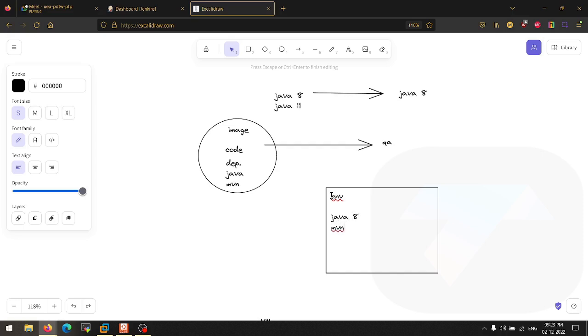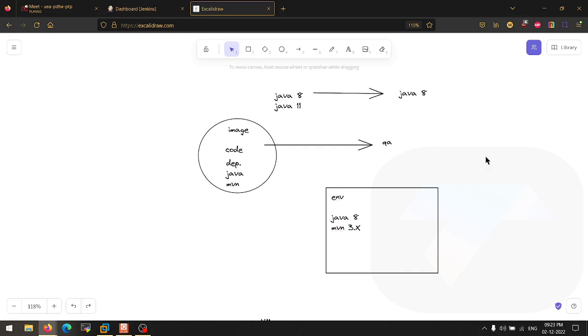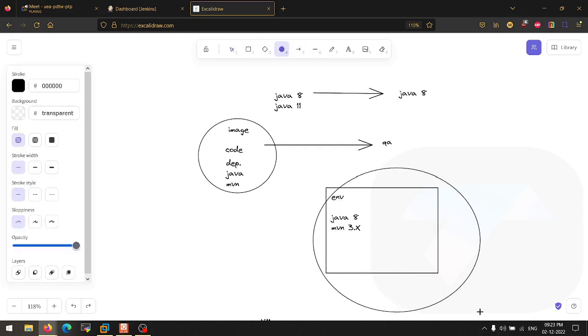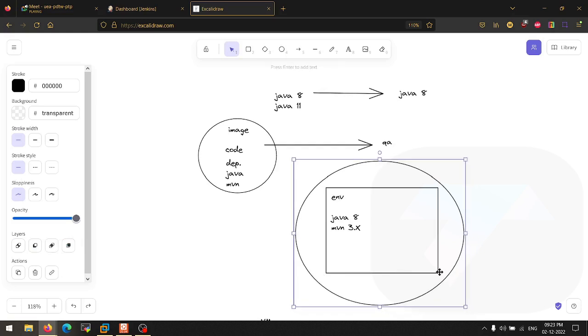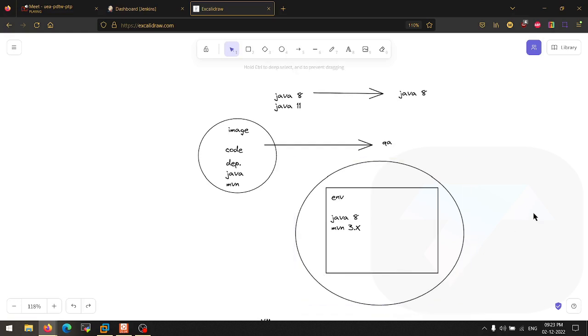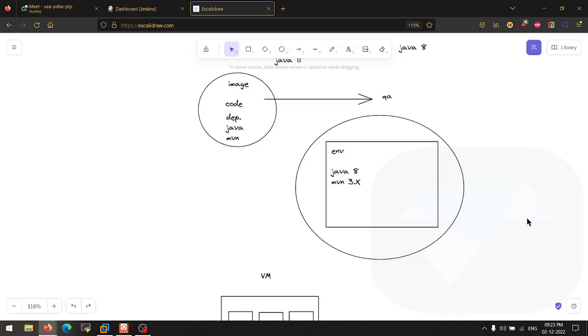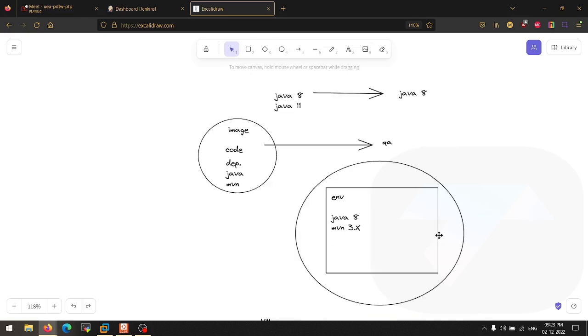For example, I'm using Java 8 and 3.x version of Maven, right? And I have created an image using this environment. I have converted this environment into an image. Consider it like an AMI, the AMI that we create in AWS, the image of the system. Now I send the same image to the QA.